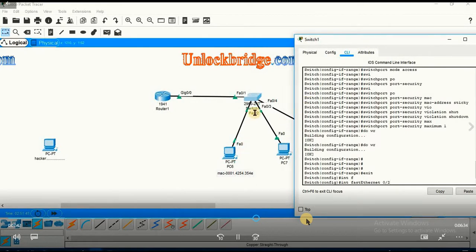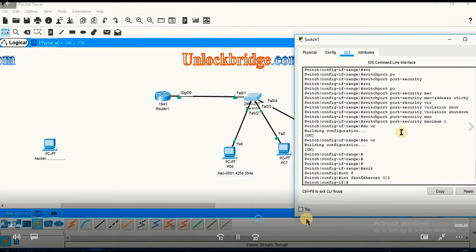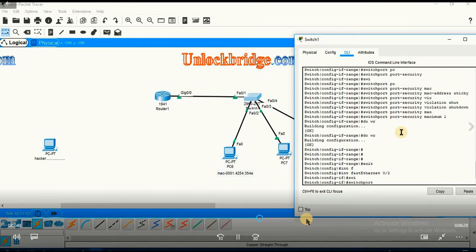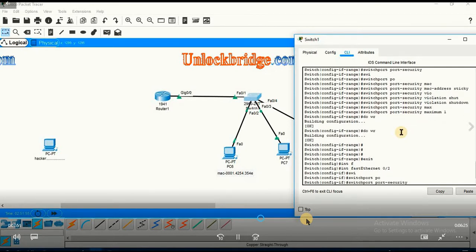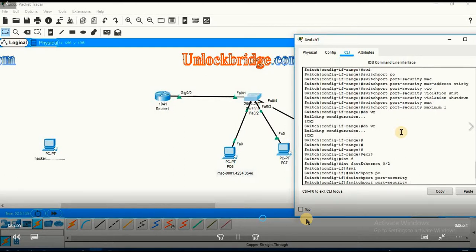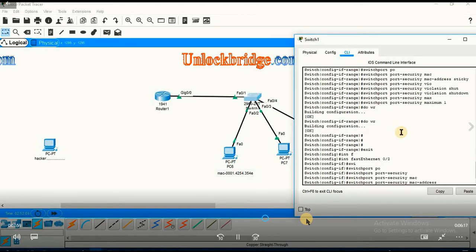Yeah, 0.2, because this one is 0.2. We enter, choose port security, MAC address. We write this MAC address. We are going to write the MAC address of this PC, which is going to be